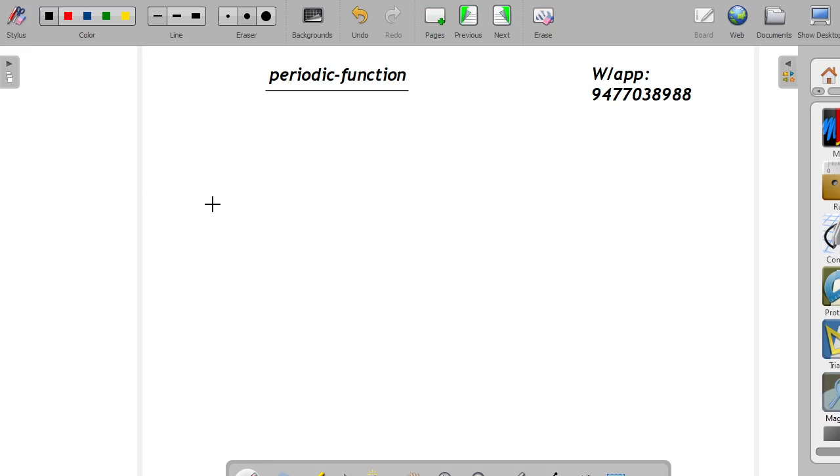Okay, so in this slide we are going to take a look at periodic functions. With the help of a short trick, or a simple strategy, we can find the period of a function without taking the aid of a graph. A function is said to be periodic if it satisfies the following functional equation: